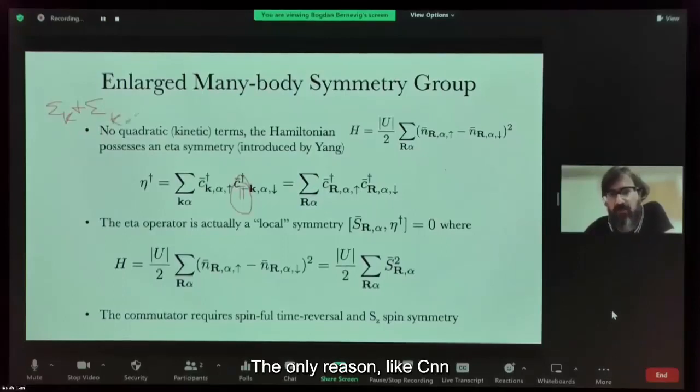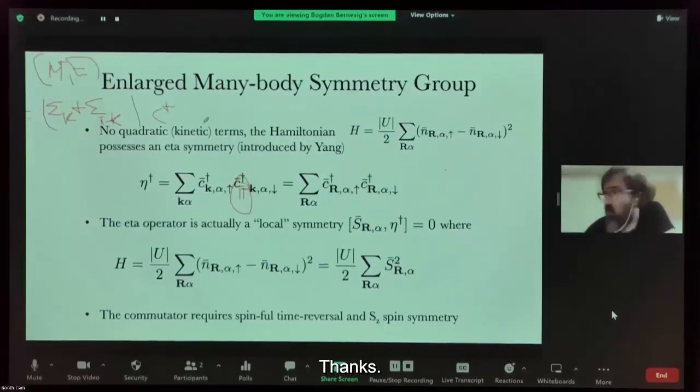But the kinetic energy in the Hubbard model depends on momentum. If I have this operator, then eta dagger times the kinetic energy will give you something proportional to this times c dagger c dagger. Now, you remember in the Hubbard model, epsilon of k is cosine of k. The cosine of k plus cosine of pi minus k is 0. And that's why